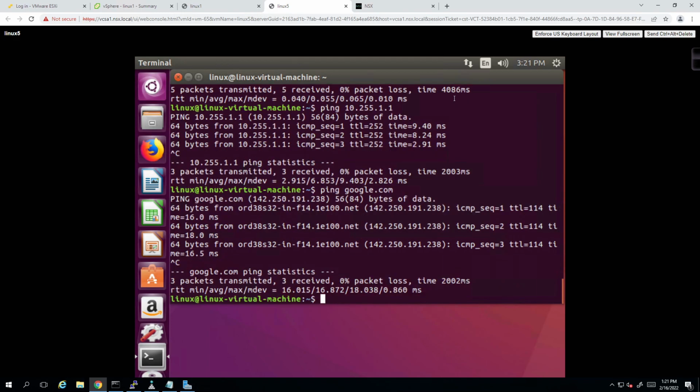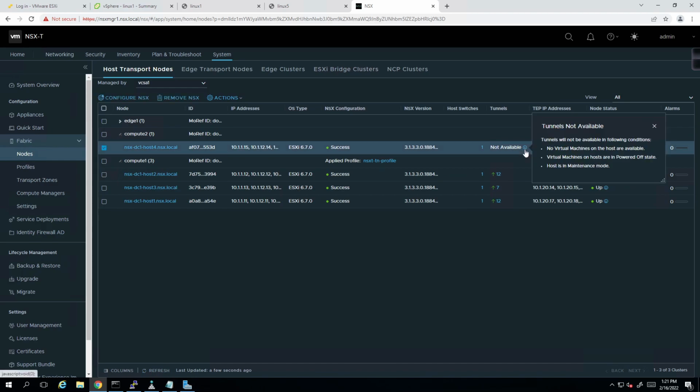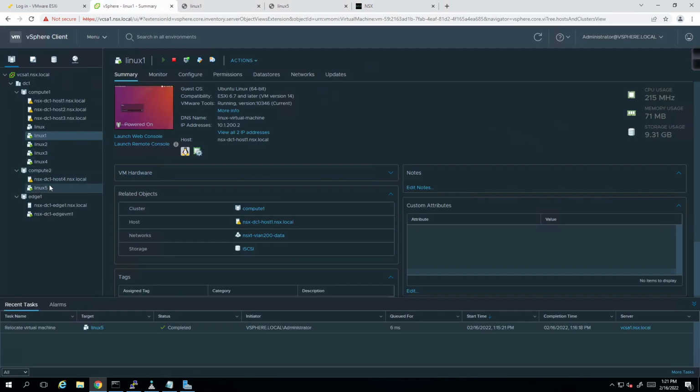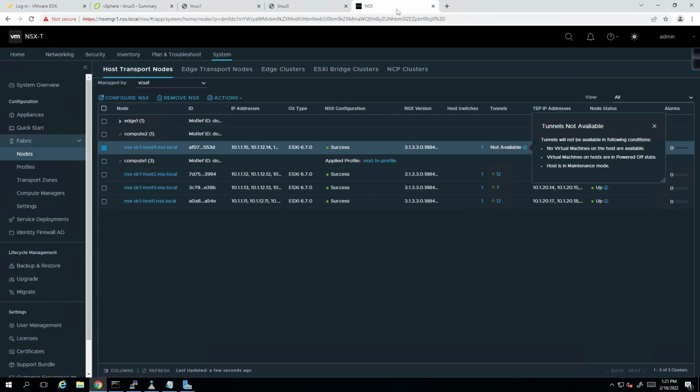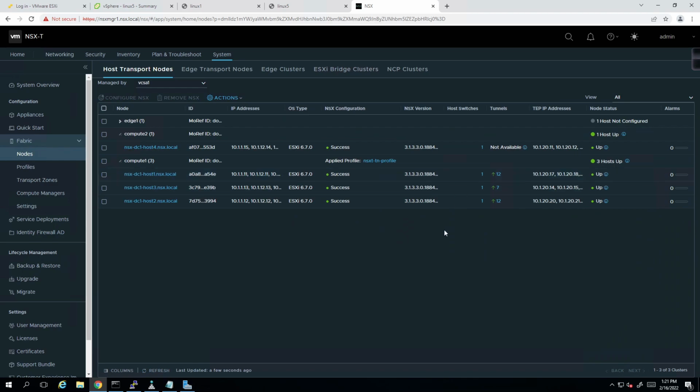Now if I go back over here to this, eventually this should get pulled up. Now if you click on this little eye or hover over it, it tells you that no virtual machines on the host are available. No virtual machines on the host are in powered off state. Host is in maintenance mode. I know none of that to be true, right? We can see Linux 5 is there. It's clearly working. It just for some reason takes time for this to populate, and then once it does,